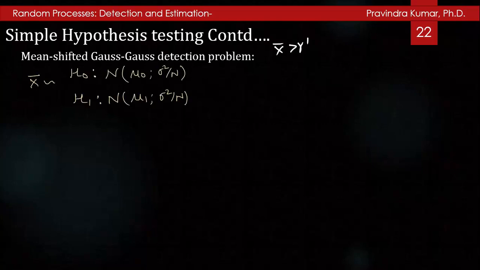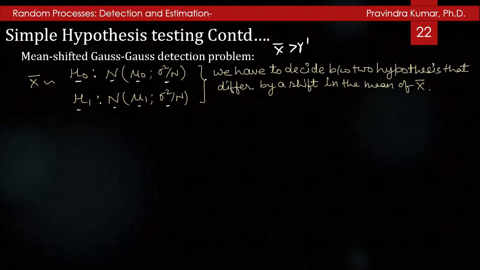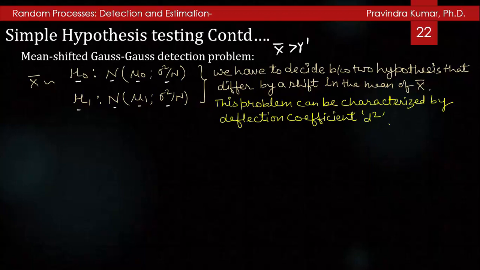Under hypothesis H0, x bar is a normal random variable with mean mu naught and variance sigma square by n, and under hypothesis H1 it is a normal PDF with mean mu1 and variance sigma square by n. Here we have to decide between the two hypotheses that differ by a shift in the mean of x bar. So for this type of detection,